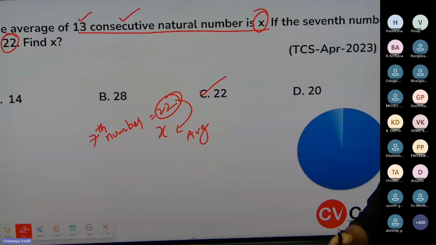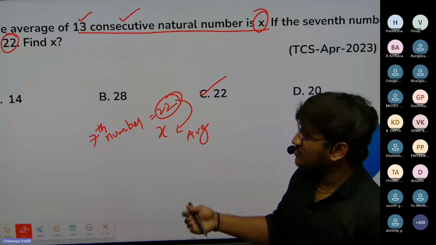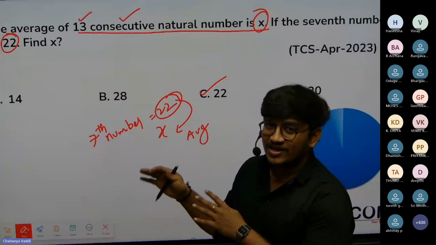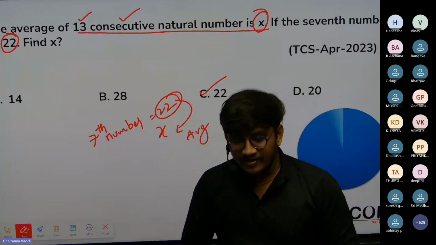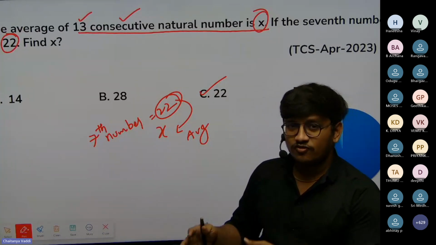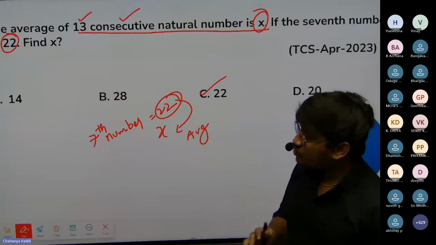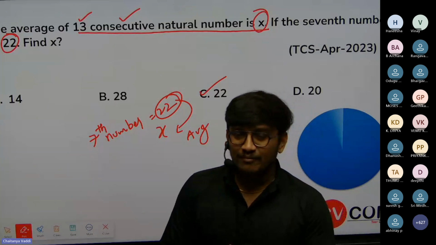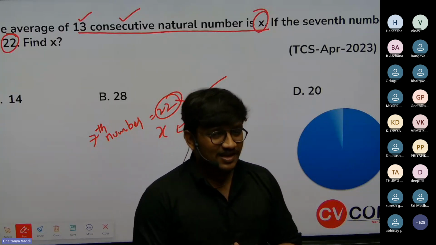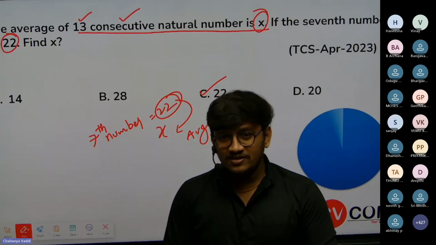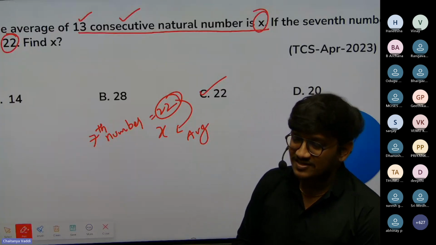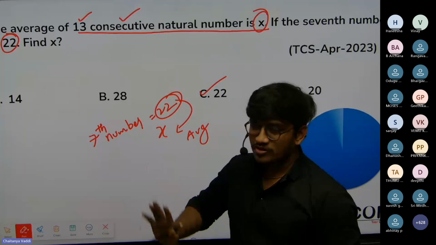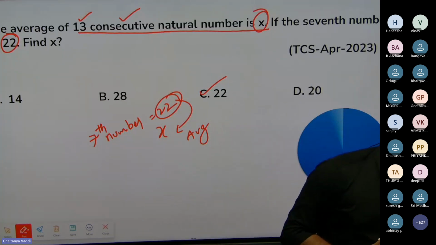So this is the first type of questions that you may get in the same pattern in the exam. Might not be the same values, but if you get these types of questions, remember average can be calculated by using the formula sum of observations by number of observations. Also, average can be calculated by taking the middle number, or first number plus last number by 2. But to use these two, make sure the given series is in arithmetic progression, with a common difference. Then you can take the shortcut directly. I hope you all are clear with this.